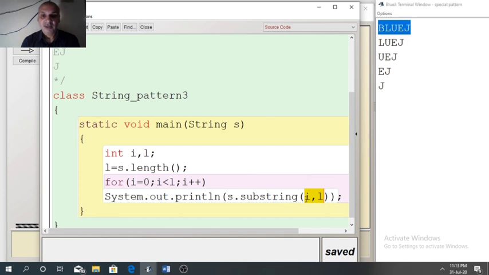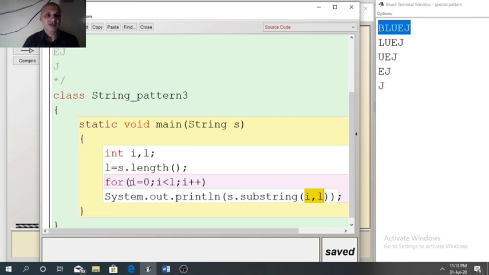the starting index is covered in the substring function, but the last index is not covered. This is the reason we are adding plus 1 in the second argument. When you write 5 here, 5 will not be covered, only 5 minus 1, that is 4, will be covered.